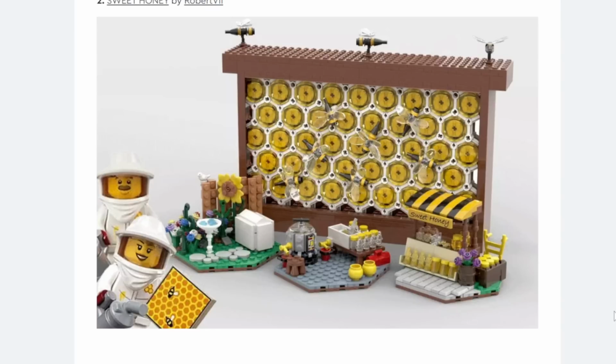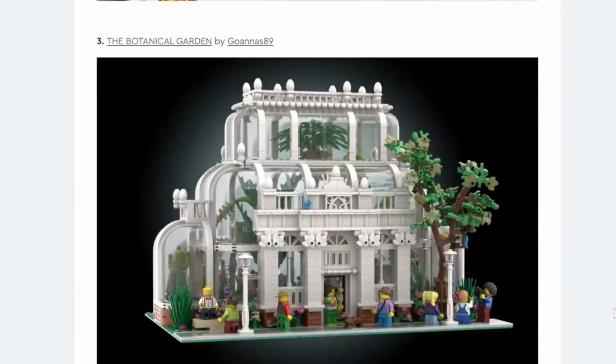Okay, here's a bee honey hive. Here's some bee stands for selling honey. It seems a bit too niche in my opinion. Then we have the Botanical Garden. And this design looks gorgeous, but I don't think this has any likelihood of being made because we have an